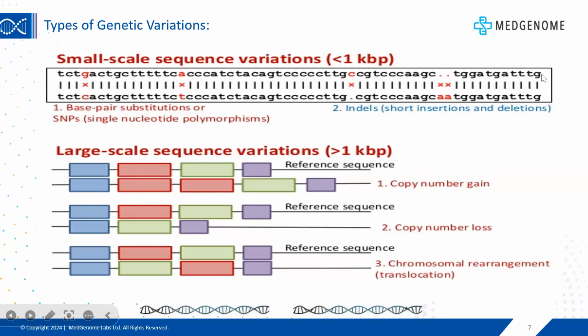Let's say this is the reference normal sequence. Anywhere in this chain, if there are some typo errors, in analogy, like a base G, you might be aware this DNA is made up of ATGC. Whenever there is a change, G changing to C or A changing to T, something like that. Sometimes even one of the bases may get deleted. Sometimes extra two bases can be added, which may disrupt the particular protein expression coded from the gene,